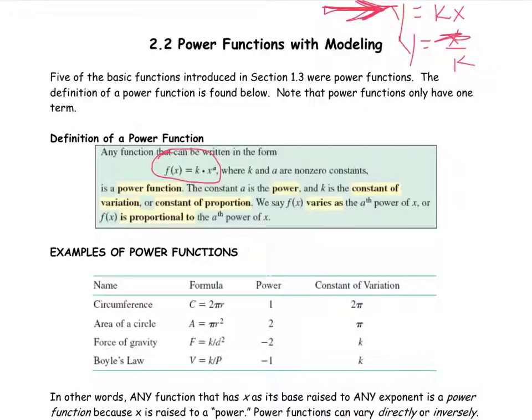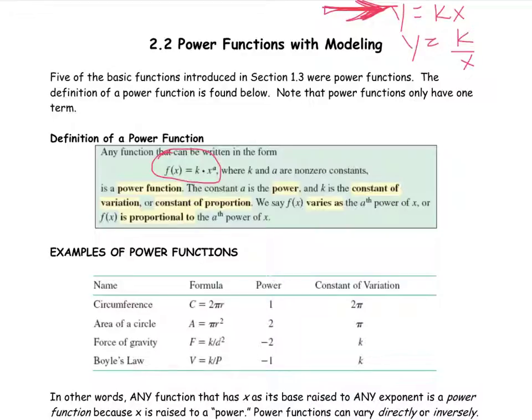The other one, inverse variation, is where you have y equals k divided by x. Sorry, where x is in the denominator. And this looks like a rational function. And we talked about inverse variations when we were doing rational functions where you had x in the denominator. Both of these are power functions where you have a constant of variation, and then you had a variable